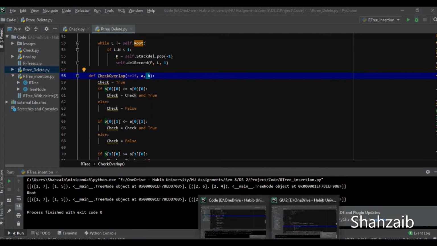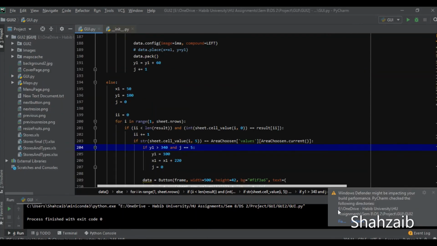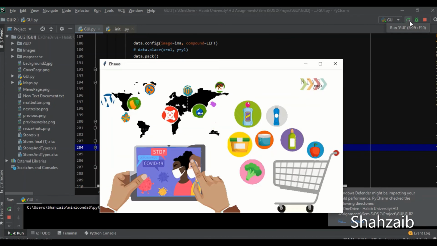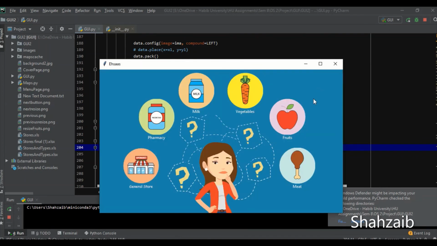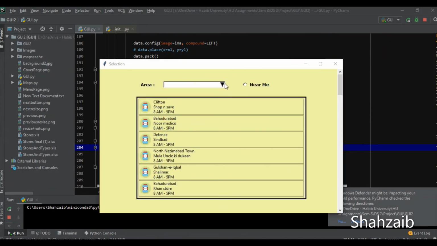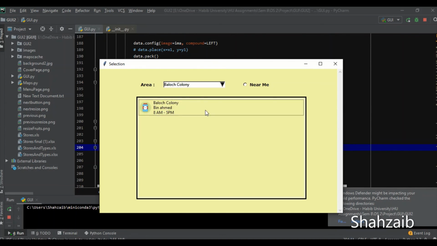I also worked on the backend, and on the backend, the first two pages were essentially done by my partner. I primarily worked on what happens after getting to this page, when a certain category is selected. For that particular category, firstly, every location should be shown in the form of buttons, and then if a further area is selected, then only the shops within that area and category need to be shown over here.